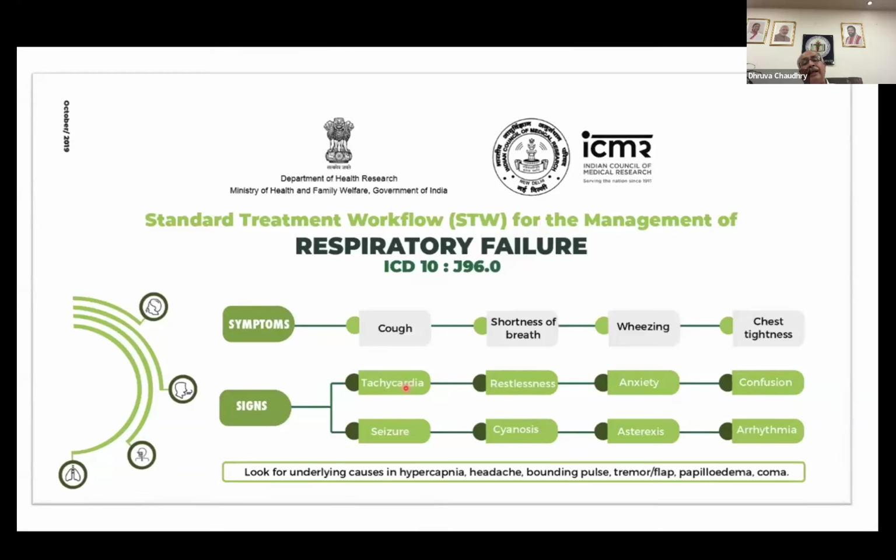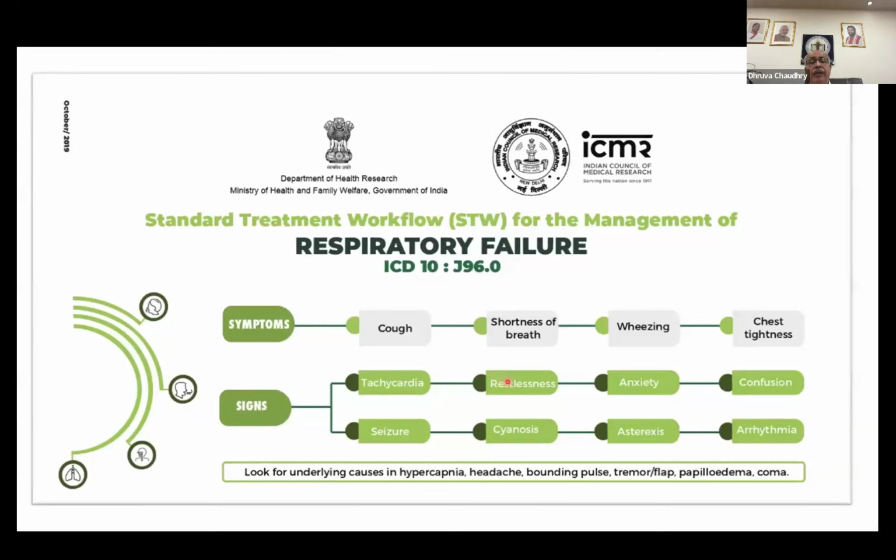That means either there is an exchange failure of the gases, or there are challenges coming up because of increased work of breathing and increased airway obstruction, which you have heard from the experts in terms of asthma and COPD. You can have a markedly increased respiratory rate in these patients. Normal respiratory rate is usually between 12 and 16, but here on average we tend to see the respiratory rate going more than 20, 24.